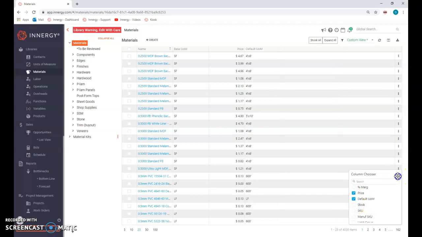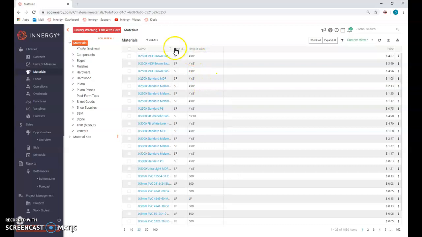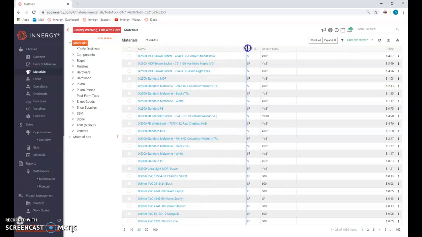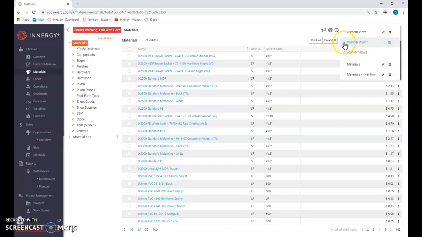So once I'm done with that, I now have columns that relate to the information I need. I can manipulate these columns, I can shrink them or grow them, and I can also move them around. So let's say this is the entirety of the information that I wanted to display, and now I want to save it. So I can click this drop down, and where it says my custom view, I can choose to